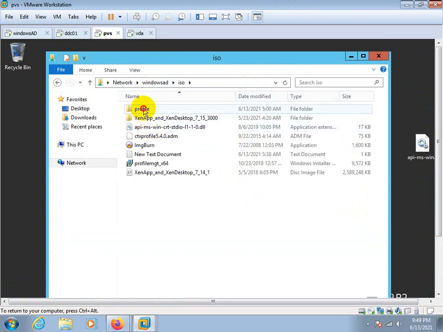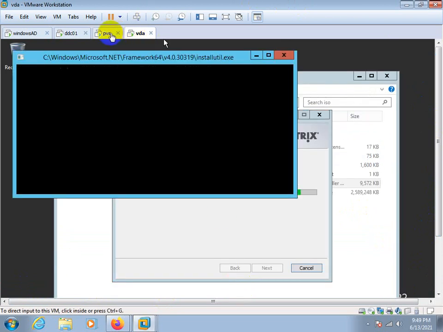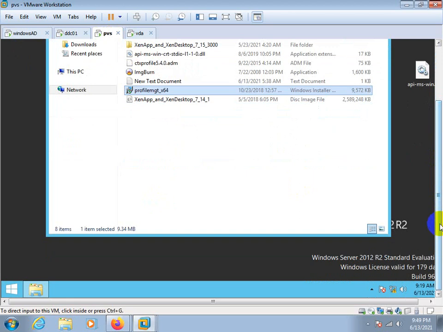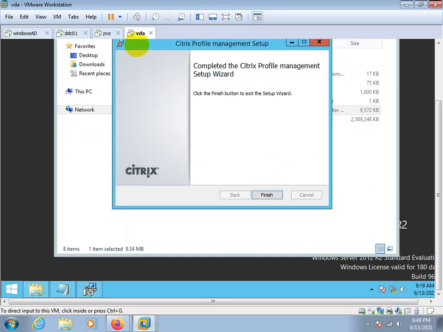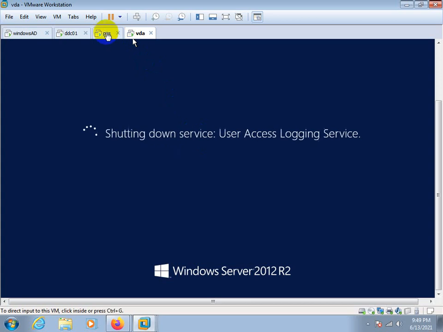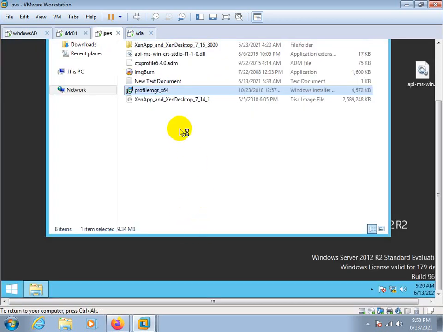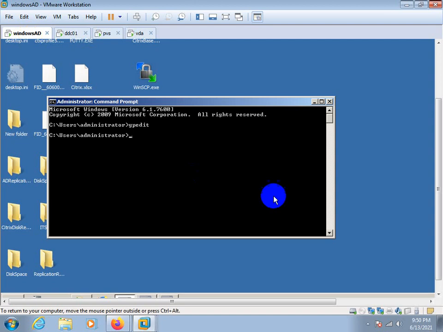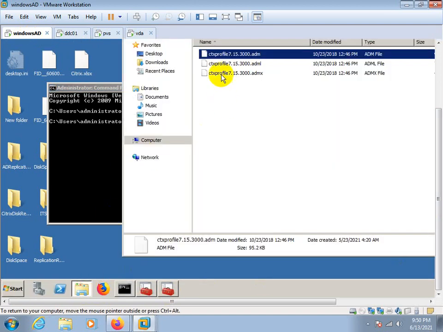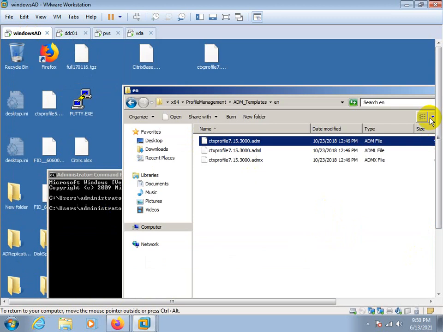Windows ISO profile. Finish. Finish. Also, I need to install this on the other servers.